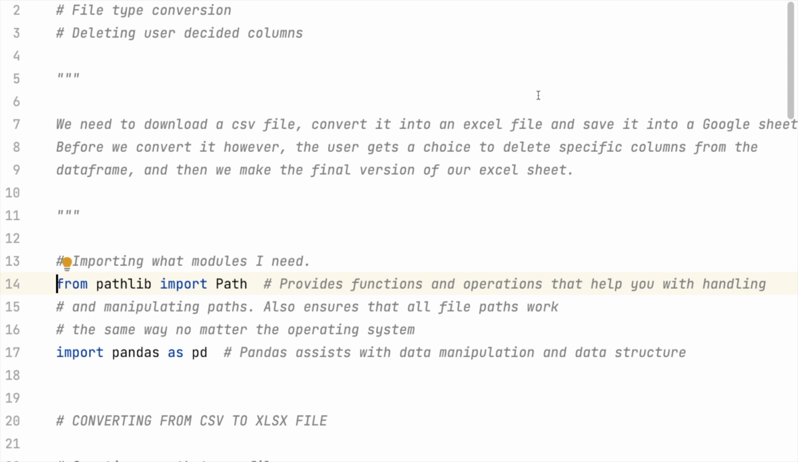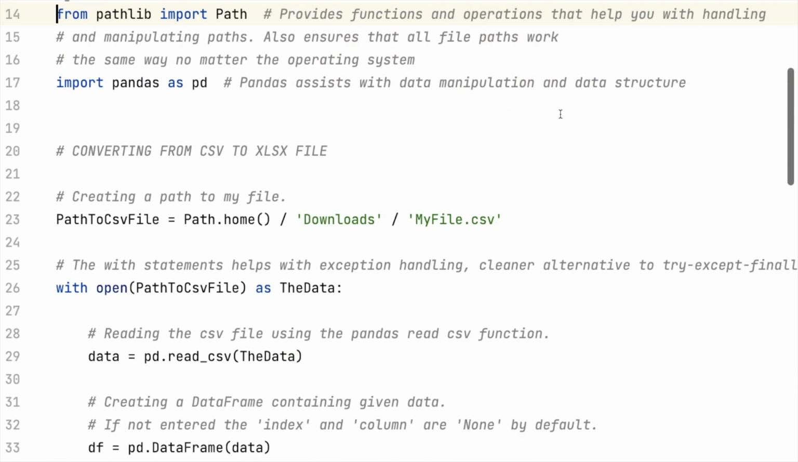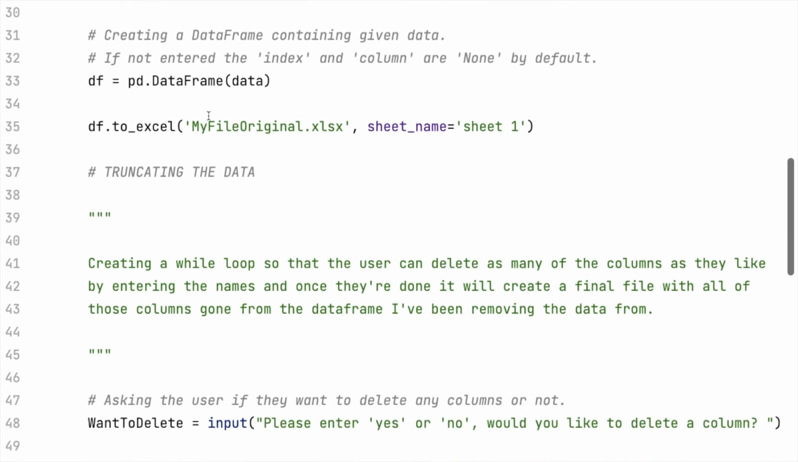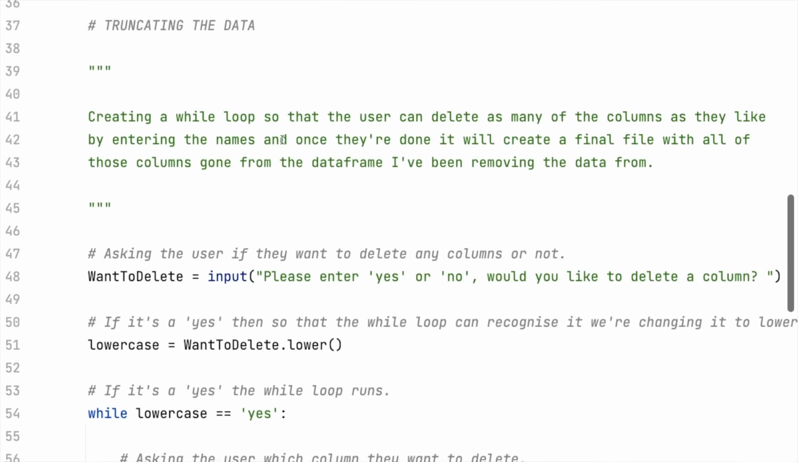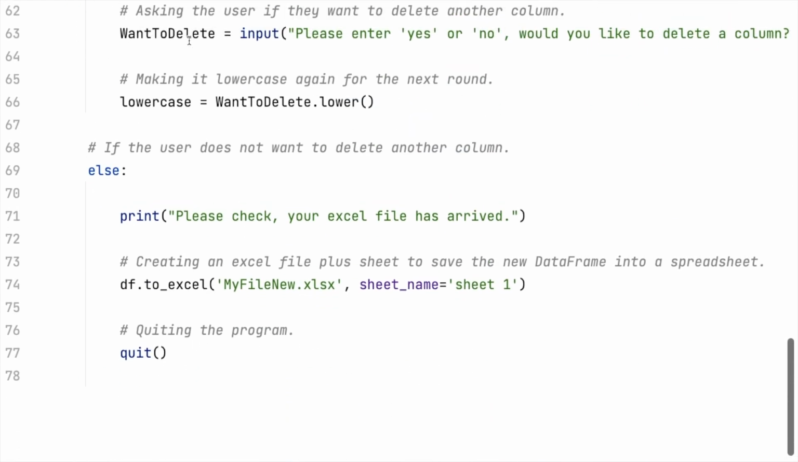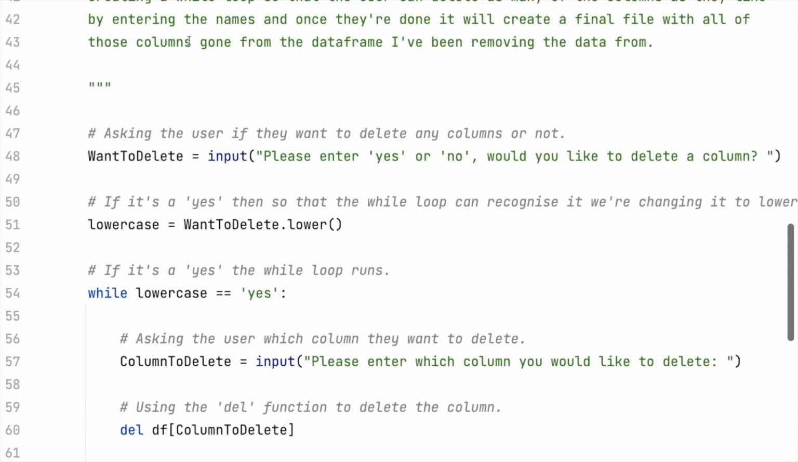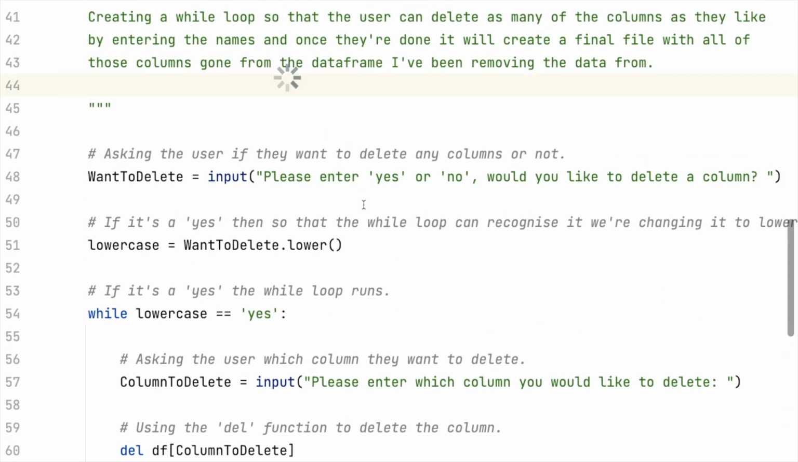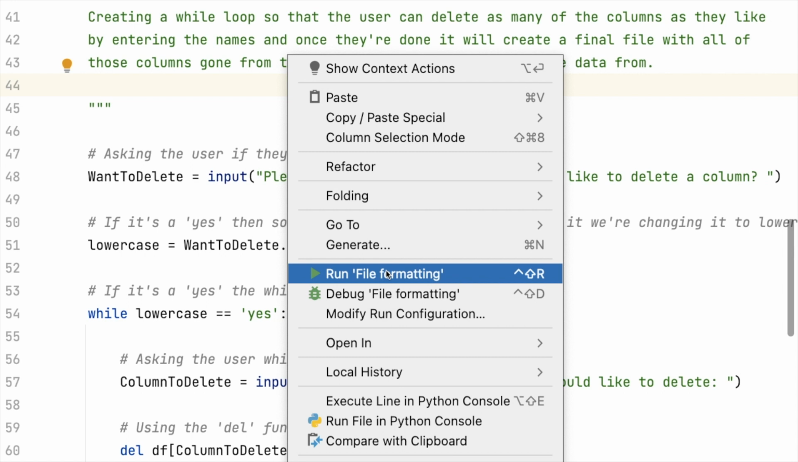So what can happen now is that we make the original file, so the user can convert it, but after that we're also going to truncate part of the data. The user can decide out of their data which columns they want to delete, and then we can delete those columns specifically and create a new file with that as well. If I give more detail on this, if I run this,